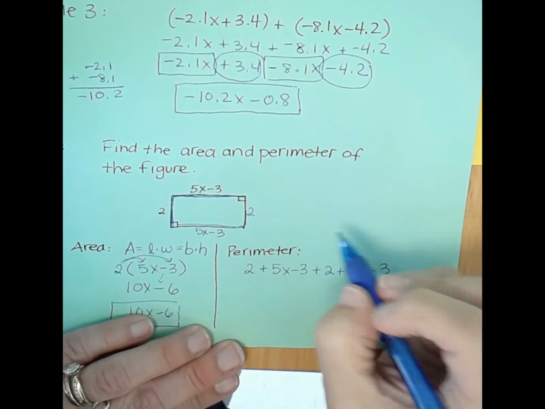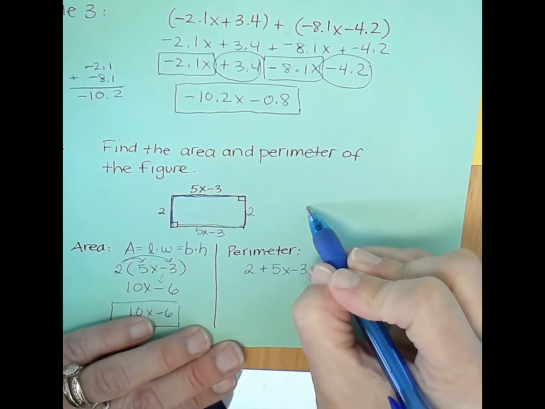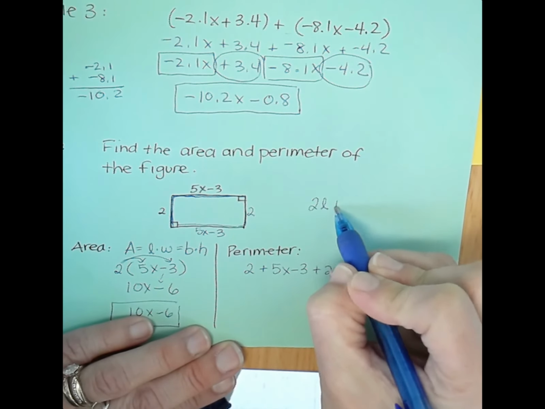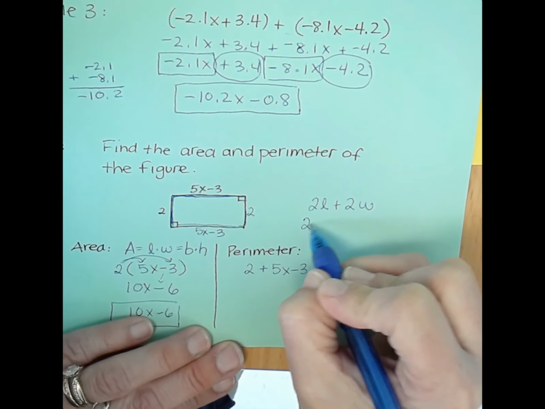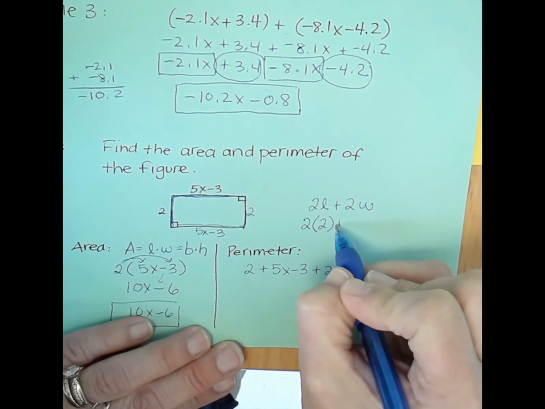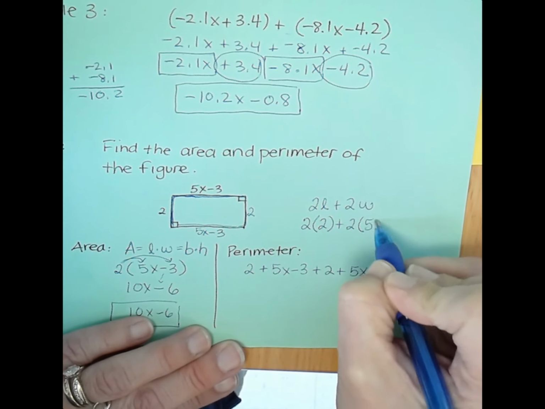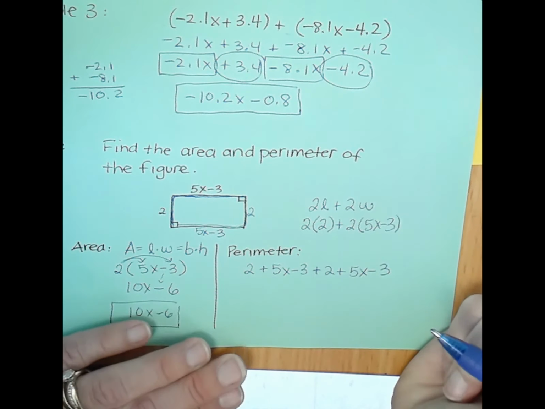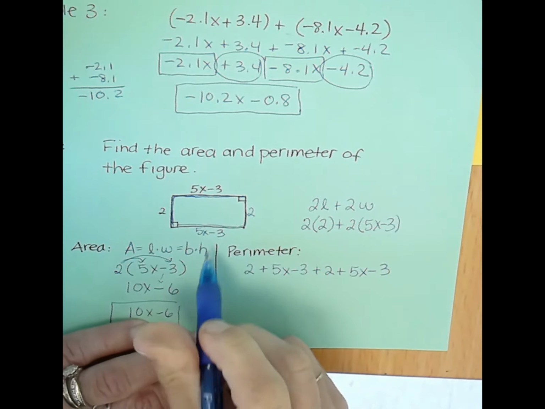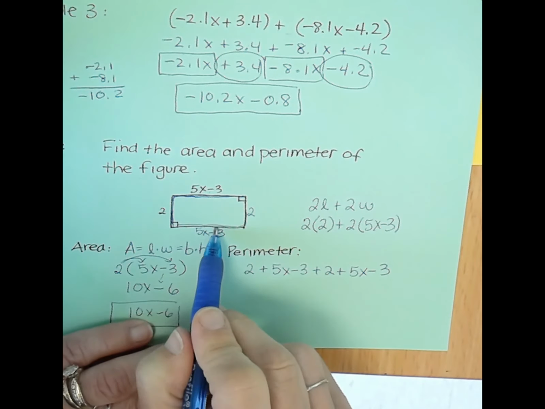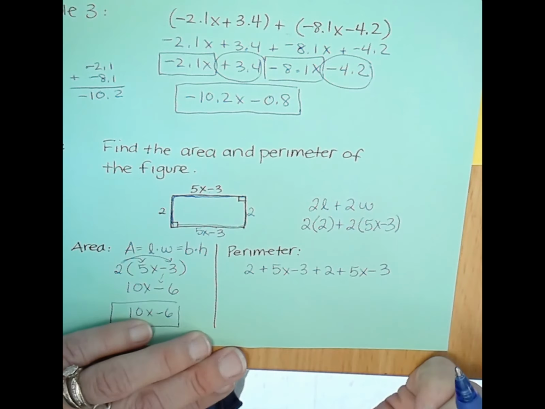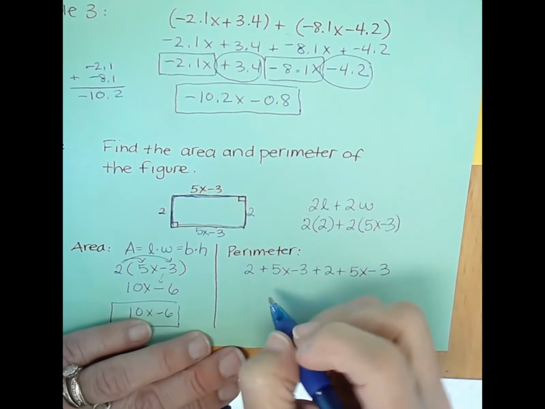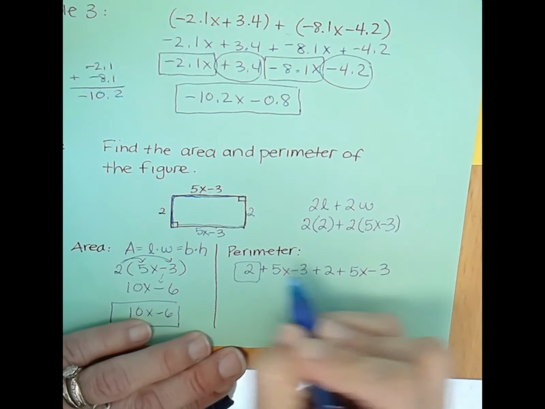There's also a formula for perimeter. Sometimes you can do 2 times the length plus 2 times the width. So we could also do 2 times 2 plus 2 times 5x minus 3. That would also give us the perimeter. We're basically taking 2 of these, right? 2 times 5x minus 3 and 2 of these, or 2 times 2. But either one of those, when we combine our like terms,